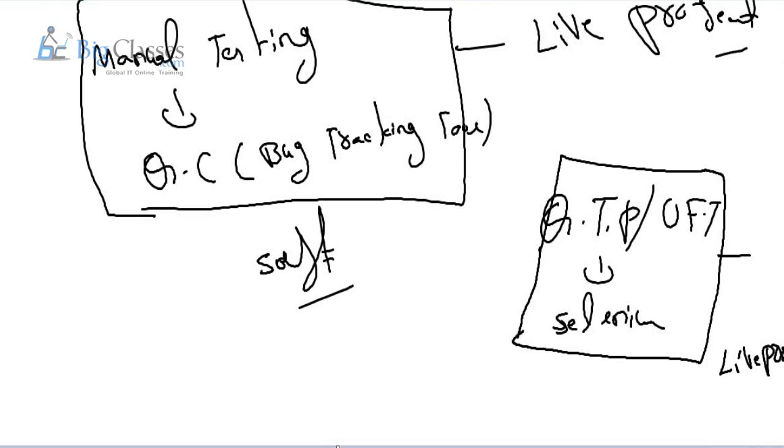Do we study Bugzilla? It's a kind of tool, I just forgot the name. Yes, instead of Bugzilla, we can discuss Quality Center. In the IT market now, you can learn any one tool. Bugzilla is also the same kind of bug tracking tool. QC is related to quality; Bugzilla and Quality Center are all the same kind of tools.